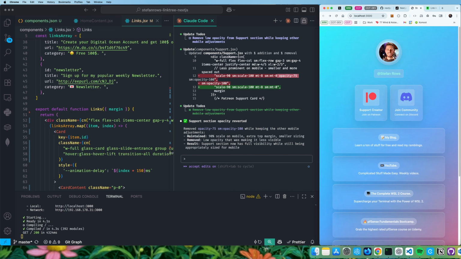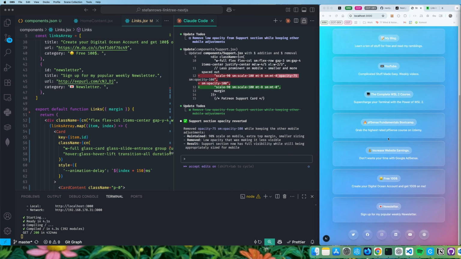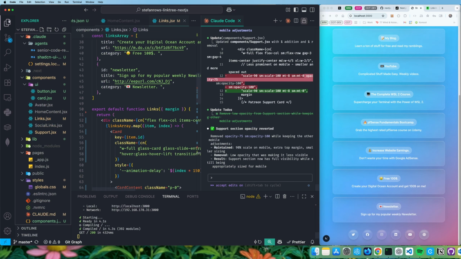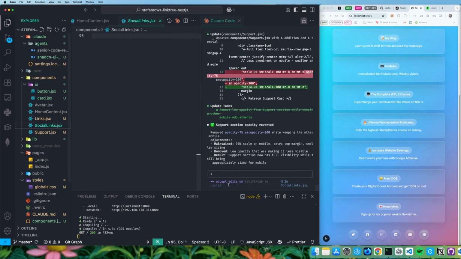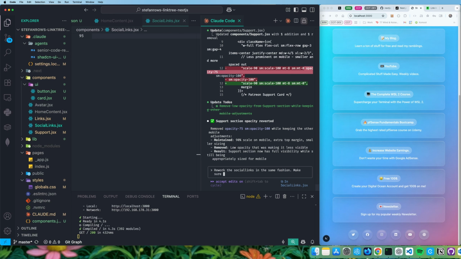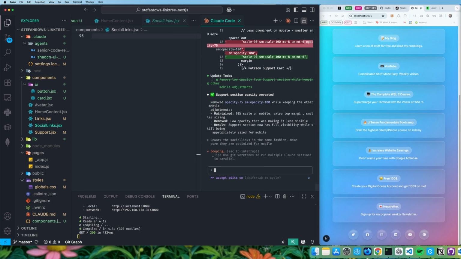But let's see what we can do next. So next up, we are going to rework the social links. And we're just gonna tell it rework the social links in the same fashion. Make sure they are optimized for mobile. Was a big issue with the last refactor with the fancy effects that we have been using